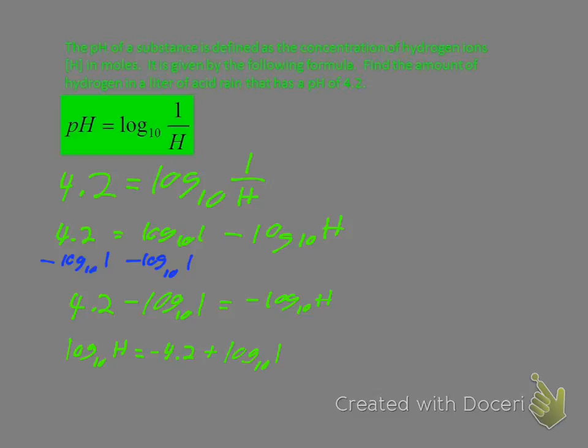So here's what I'm saying. What's negative 4.2 plus 0? Negative 4.2. So log base 10 of h equals negative 4.2. Log on one side equal to a number, so you what? Yep, switch it. So 10 to the negative 4.2 power equals h. Okay? So h equals,